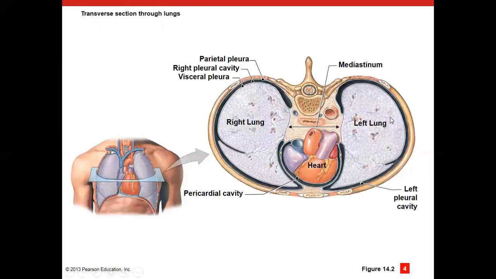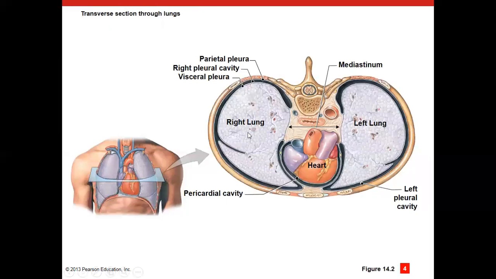So right here's the right lung and the left lung. This lining here is the visceral pleura, and that surrounds just one lung. And then as it hits the cavity wall, it becomes the parietal pleura, and that's what actually lines the wall of the thoracic cavity. And in between the two is the pleural cavity. So there's the pleural cavity, it's pointed out over here. That cavity is filled with serous fluid, and that fluid